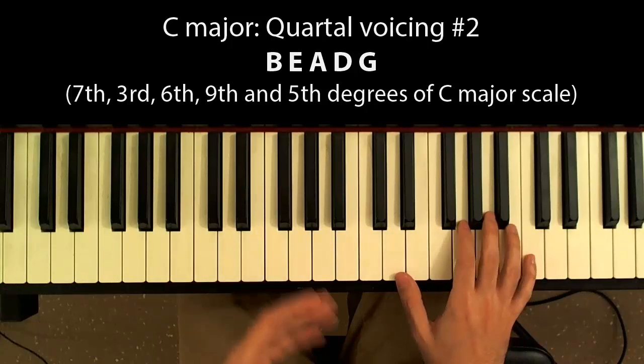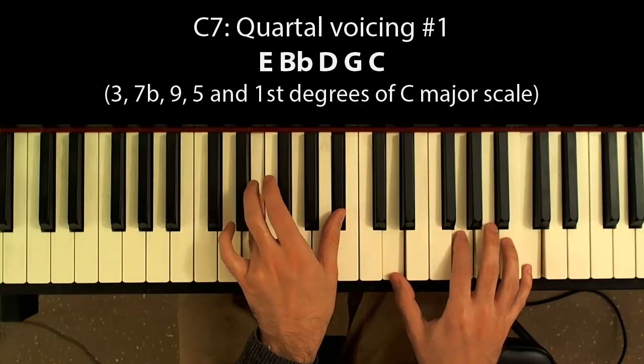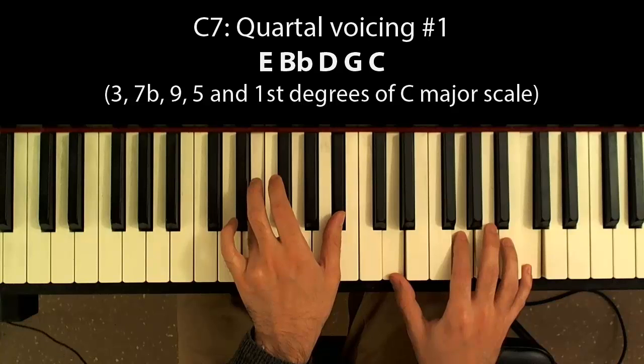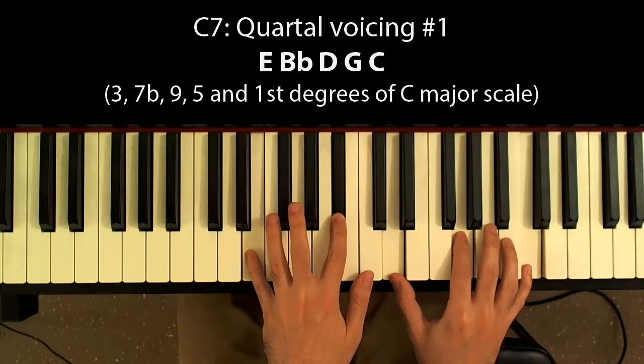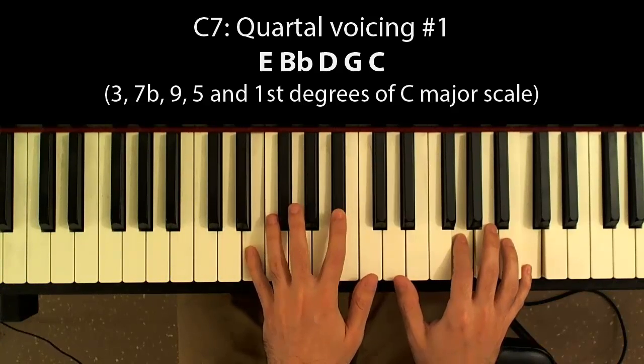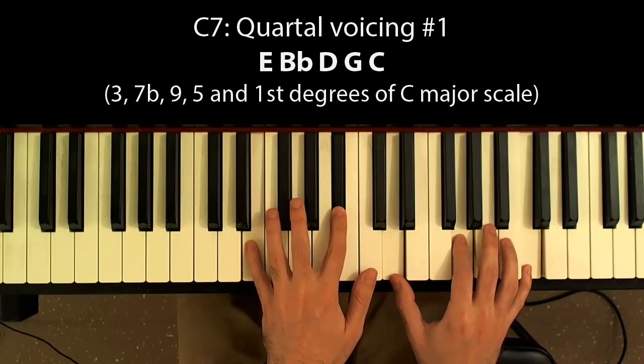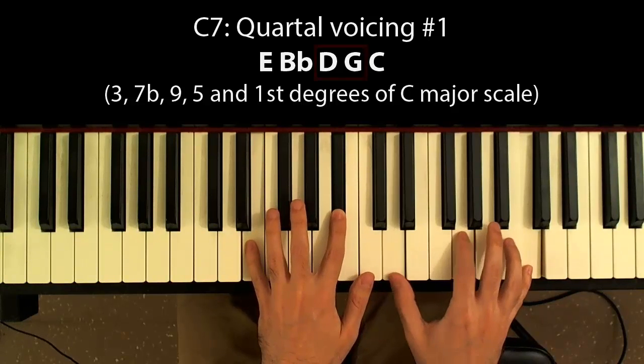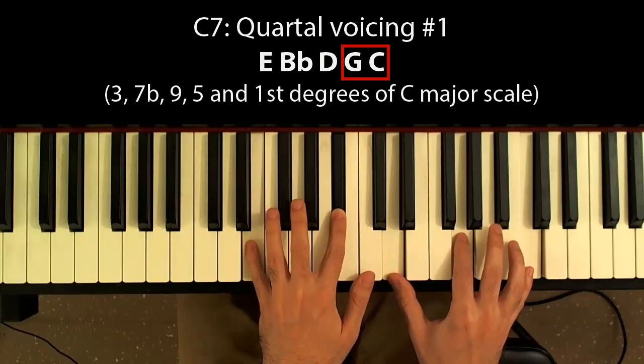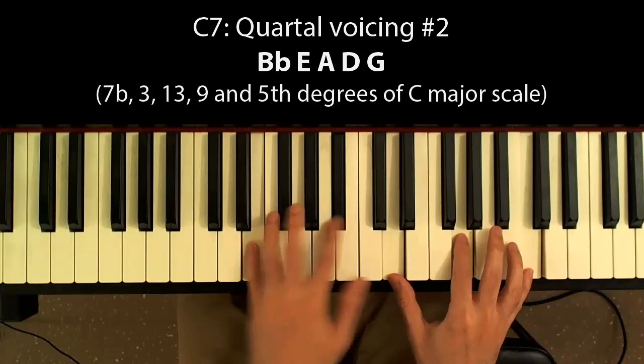For example, the dominant form, not all of the notes are 4th apart. These 2 are a tritone apart, which means 6 semitones. These 2 are actually a major 3rd apart, but these 2 are a perfect 4th, and these 2 are a perfect 4th. For the second form of the dominant chord,